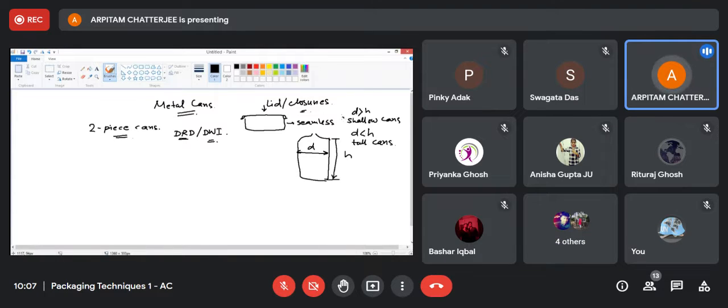For example, shallow cans, you can see in some of the cosmetic products, especially in these cold days, you will see there are a lot of cold creams. I can remember Nivea, which comes in a very shallow kind of packaging like this. It is also seen in some confectionery and chocolate packaging, where you see this kind of metal box which is not much tall, but has a higher width.